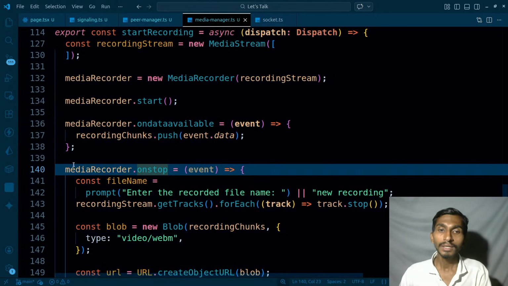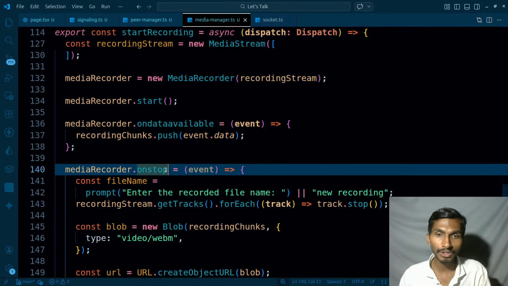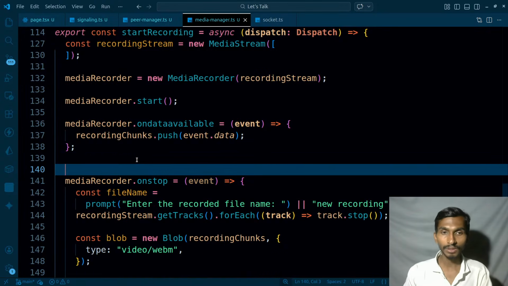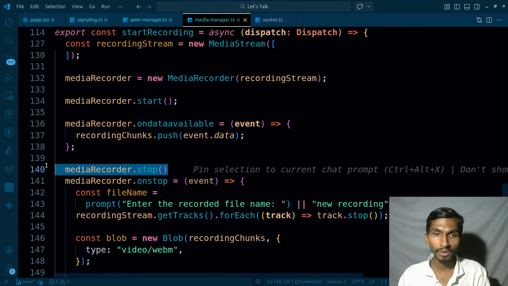And whenever this stops, I can even stop it. So media recorder on stop. By the way, this is not for stopping it. The method is media recorder dot stop. If you call this particular method, this is going to be stopped. Okay, but before